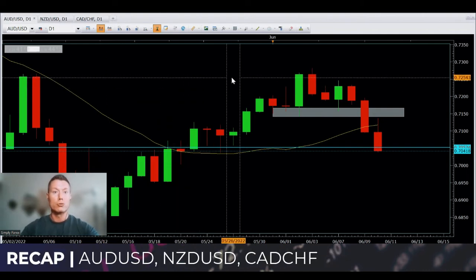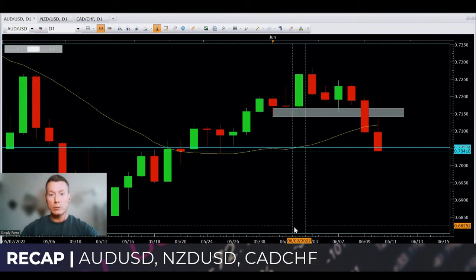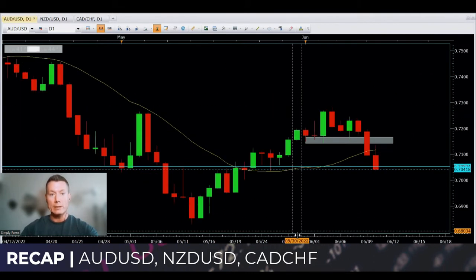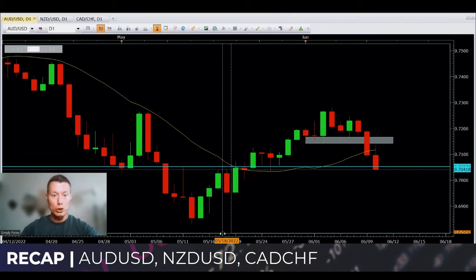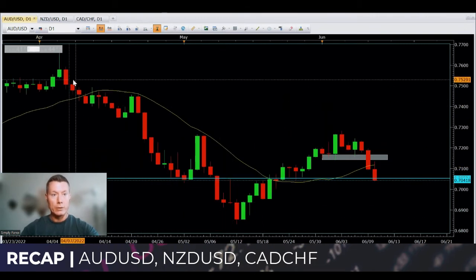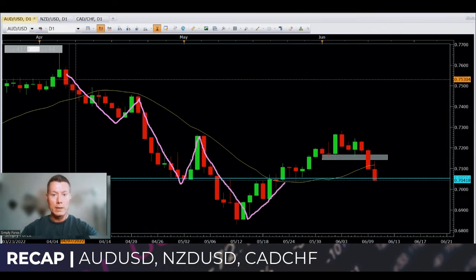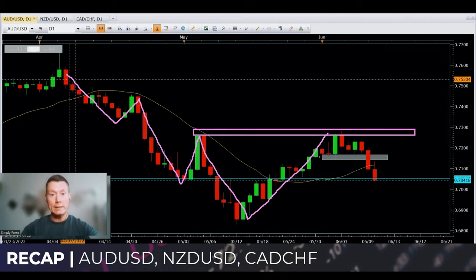So we had three potential trades, and the first one was the Aussie dollar against the US dollar. And we were looking to short this pair, guys. Okay, so the reasons for shorting it were as follows. It was clearly in a downtrend. Lower lows, lower highs, lower lows, lower highs, lower lows. And it came back up and retested this last high. Okay, so it's still in a downward trend, a downward structure, if this high holds.